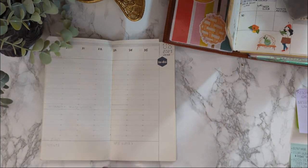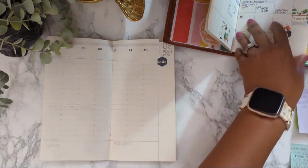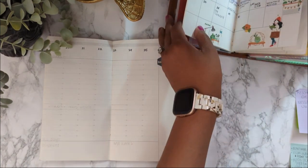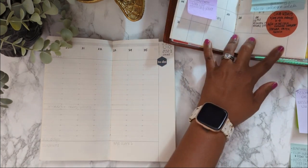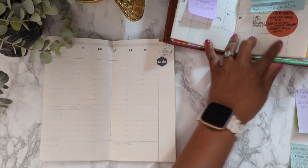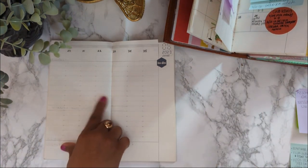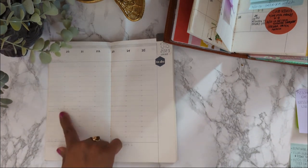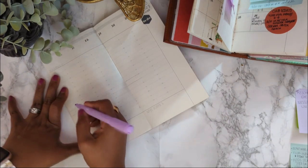And I thought that I made a note somewhere of the colors that I wanted to use. I thought I put it, did I put it on my monthly? I don't think that I did, but I think that I'm going to use a purple in this space for work stuff. And, oh, it's not what I'm looking for. So I'm just going to,